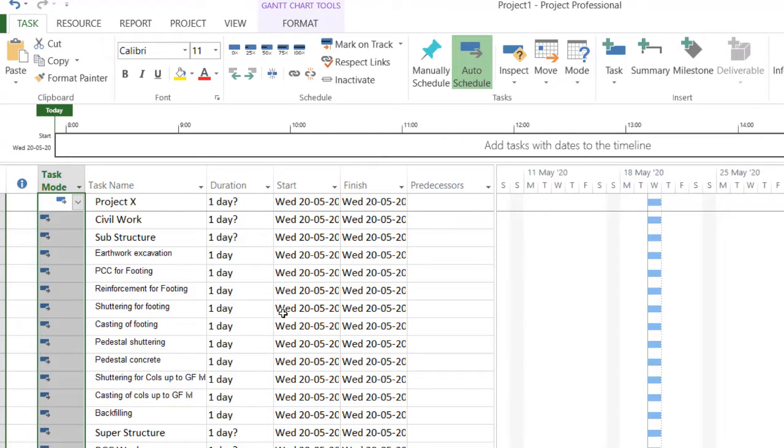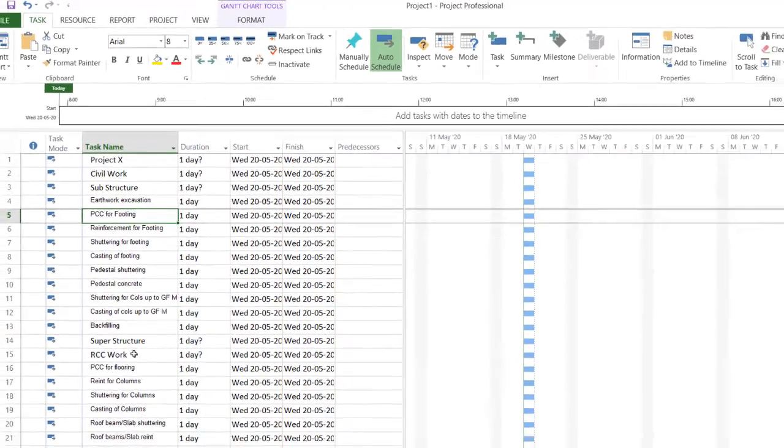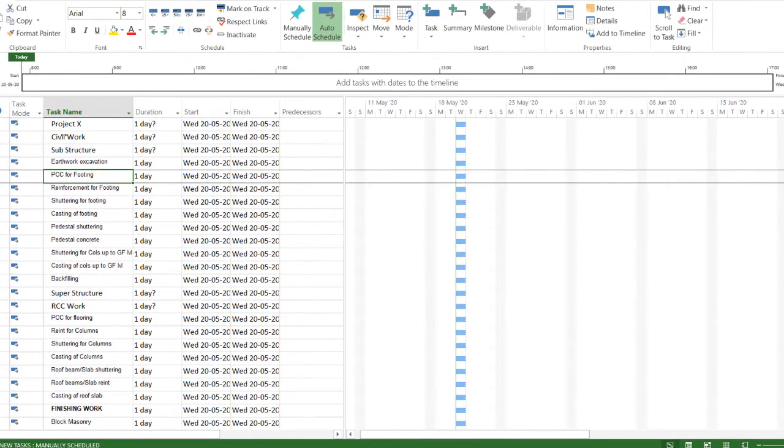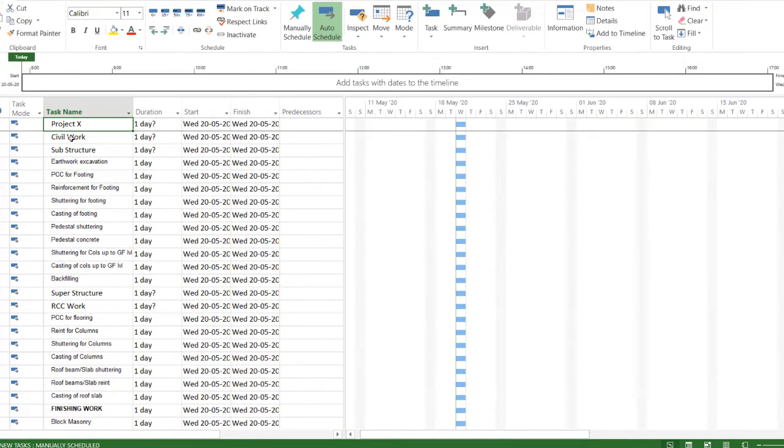So this is your work breakdown structure. You have specified all the activities in a schedule. Now you have to give the duration, start date, finish date, and the predecessor. I'll tell you what a predecessor is and all that. First, all the activities we have noted are in a single line, which indicates that the main task itself we need to break down into a summary task and subtasks. So I can say that Project X is the main task.